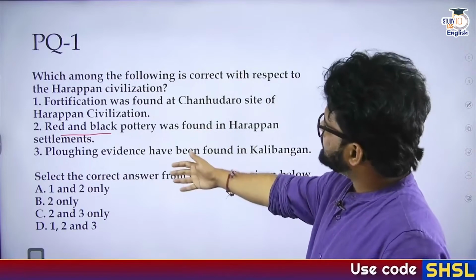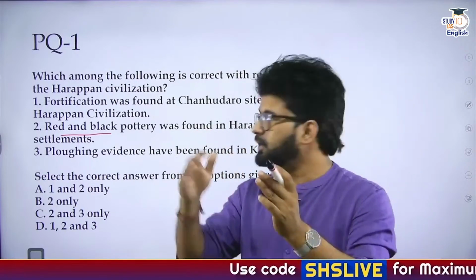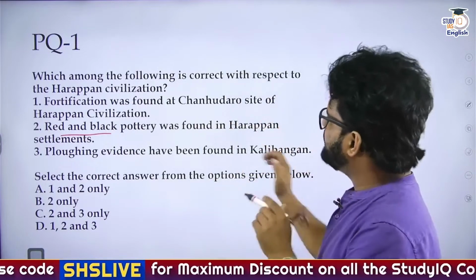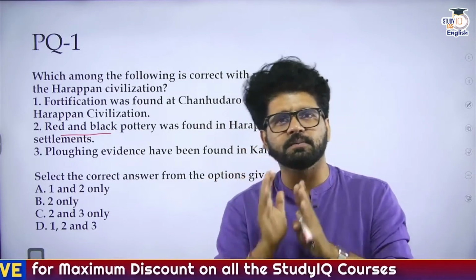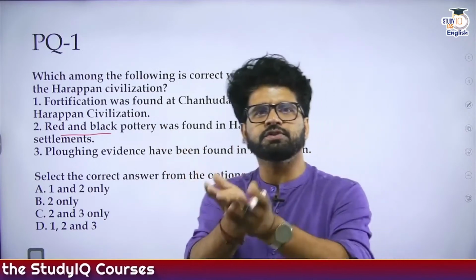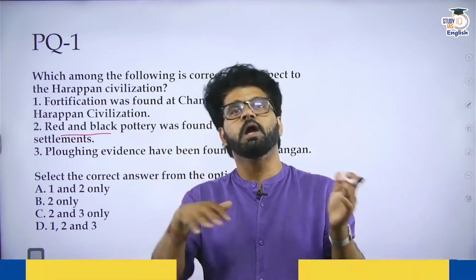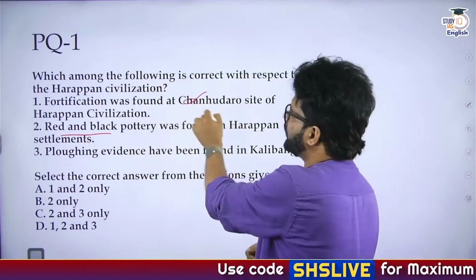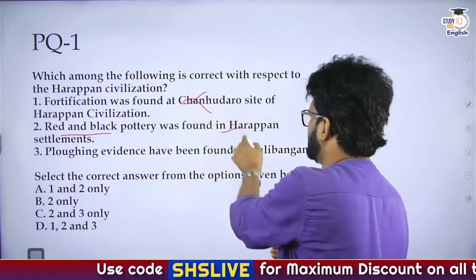So yes, sir, what is the answer? See, we have discussed this. Please go and revise this Indus Valley Civilization lecture. You know how important it is. We have discussed some exceptional sites, some sites which are very important from exam perspective. Chanhudaro, there is no citadel, so no fortification. Whereas in Dholavira, you also have the middle town, 3 parts. So the first statement is wrong. The second statement is correct. The third statement is correct.